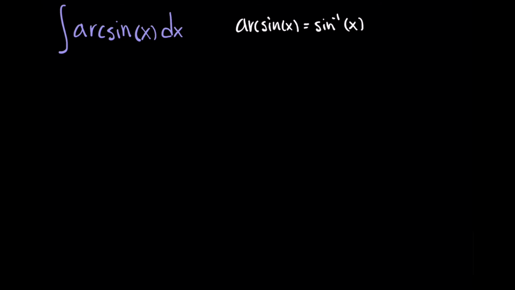However, we could notice that this is equal to the integral still of arc sine x, but we'll write times 1 dx, because multiplying by 1 doesn't do anything. So we have 1, an algebraic expression, and we have arc sine x, an inverse trigonometric expression. So that means we will choose arc sine x as our u value. So u is equal to